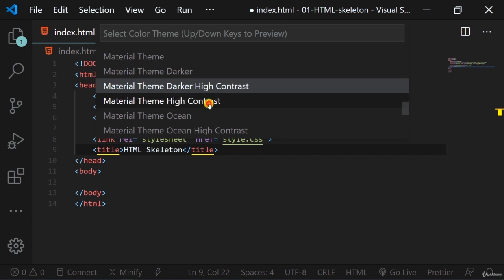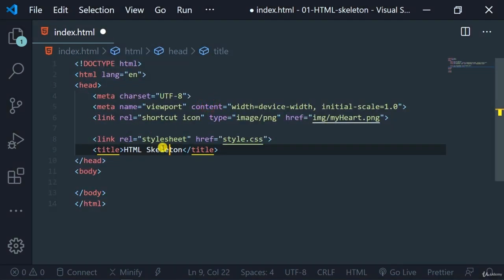Instead of going to the preference, I use high contrast, and this is how you would change your high contrast. But back to our first HTML line. So the way you would write a comment is Control /,